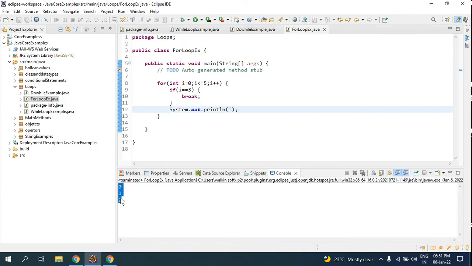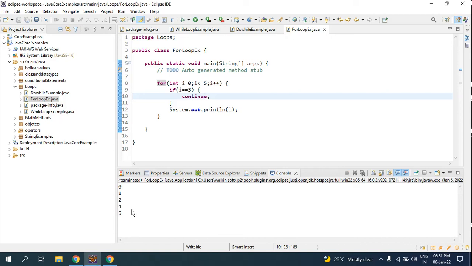Now it's like the plastic container is for someone else, but you have it inside your basket. You have to take out vegetables and fruits from your basket, but leave out the plastic. At that time, if i equals 3, then you have to give continue. So what it does is, everything will be pulled out, 0 1 2 4 5. The plastic container which belongs to others is left out.